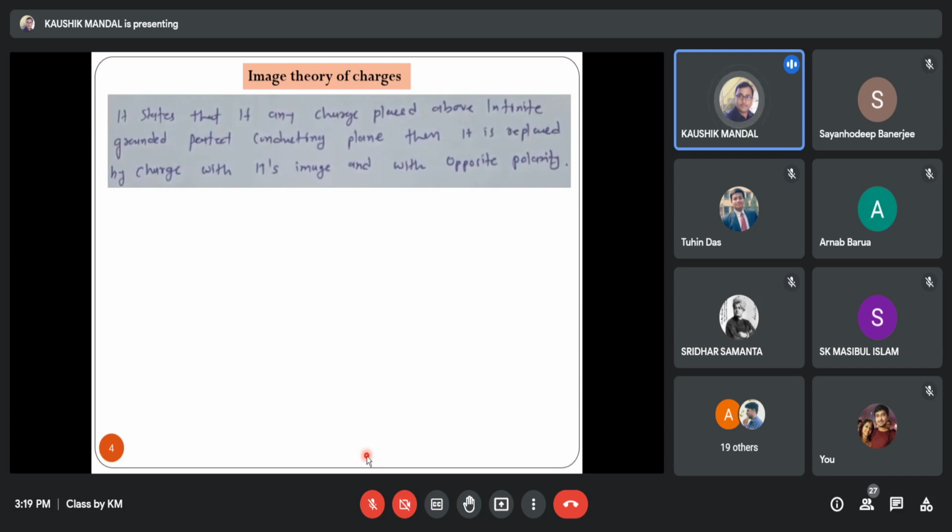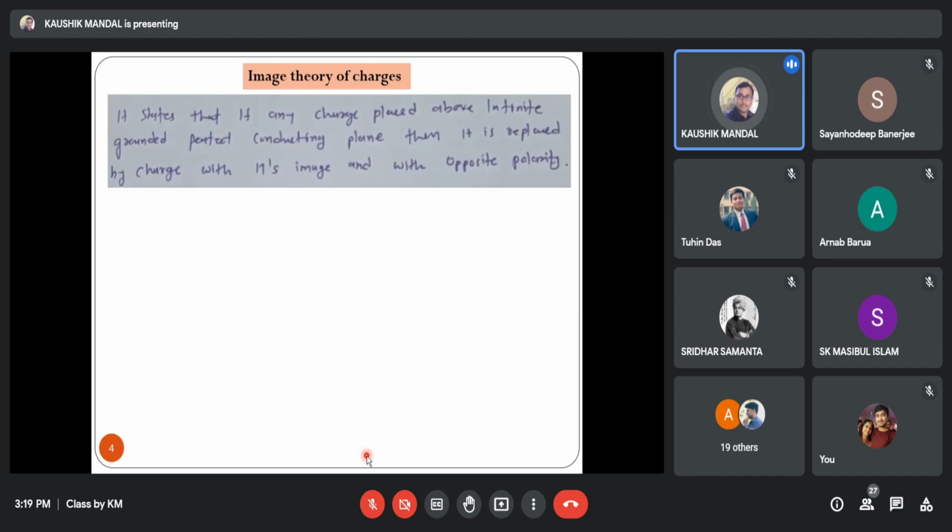The statement is clear. If you place a charge above an infinite, perfectly conducting ground plane, now you can replace that ground plane